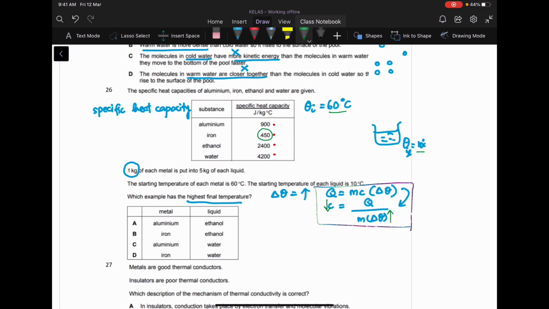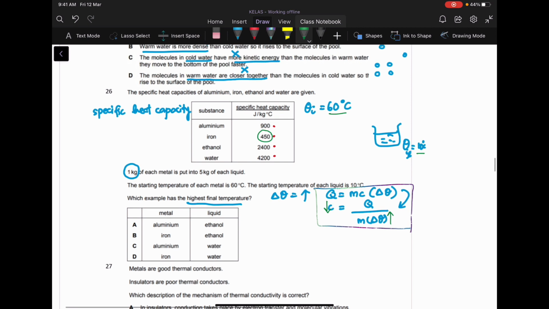Of course, if you look at the temperature, the solid has higher temperature. So when you place the solid into the liquid, the heat from the solid transfers to the liquid. So that means the liquid will absorb